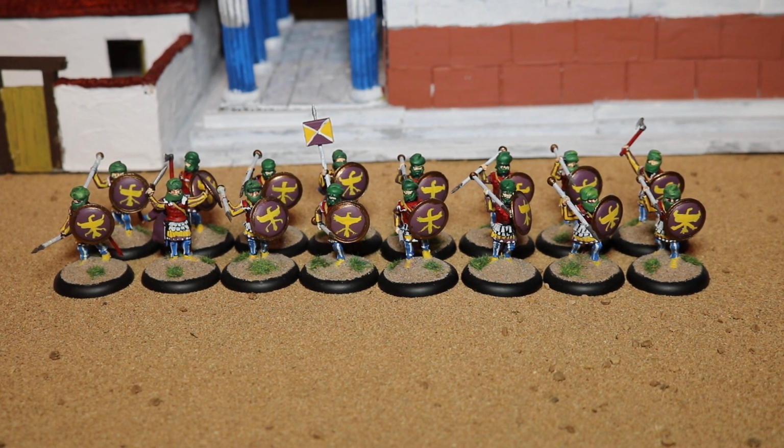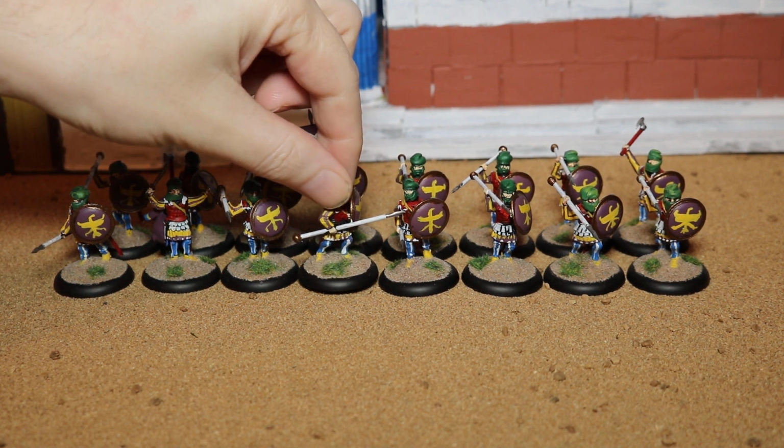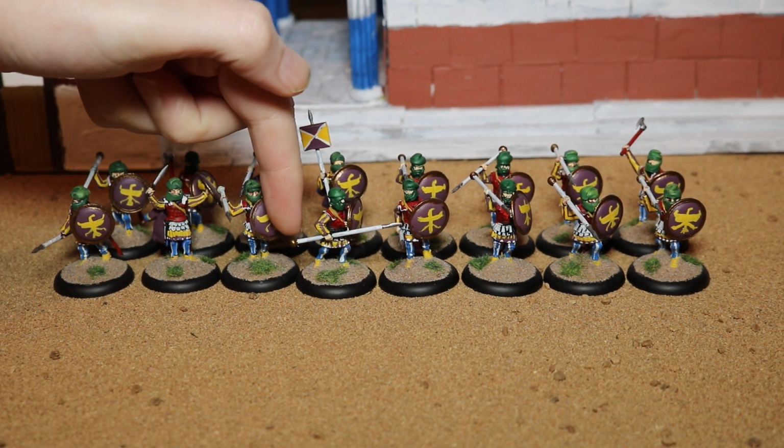However, if we use them for later periods, you could also use them for immortals, because the immortals by the end were wearing effectively Greek armour and used Greek equipment. The only real difference between normal hoplites and these guys is that the Persian hoplites tended to have